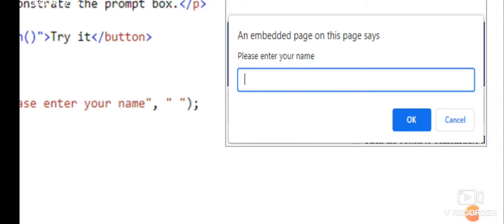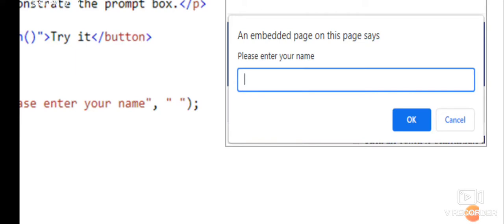Alert, prompt and confirm cause the browser to wait for a user response. We need to wait for the user response in the prompt method, alert method as well as the confirm method, because here it is going to display a dialog box for the user to react. That's why we need to wait here for the user reaction. But in document.write, it will display output directly. That is the use of document.write.